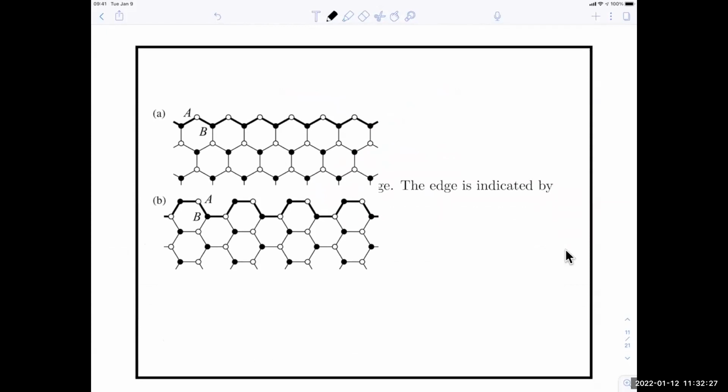Now, what I want to talk about is graphene with an edge. Well, of course, every piece of graphene in the world has edges to it. So this is something fairly generic, but what I mean by an edge is a fairly coherent edge. That's an edge that has the same structure all along it, like is drawn in these two diagrams. So for example, the first one is called the zigzag edge. The sheet of graphene is cut along an edge like that. And the second one is called an armchair edge.